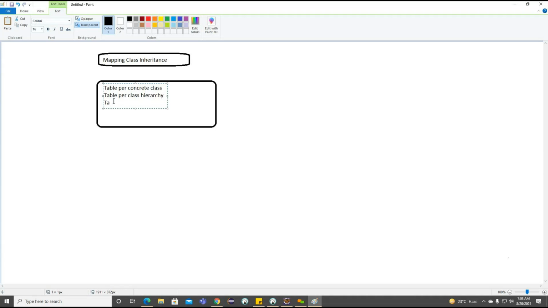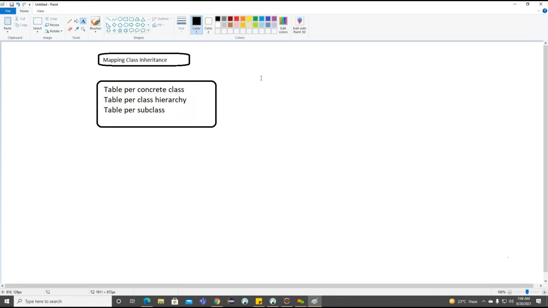And the third one is table for subclass. Getting the point. So these are the three types we have inside this mapping class inheritance.